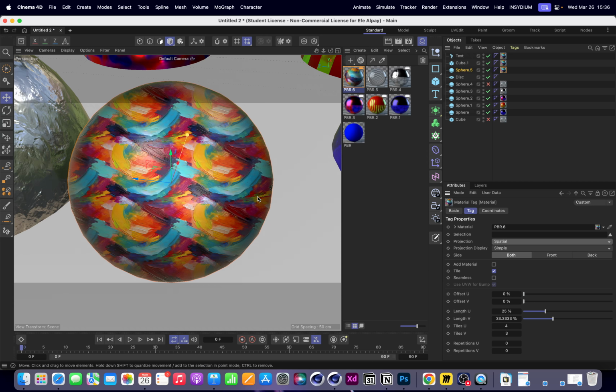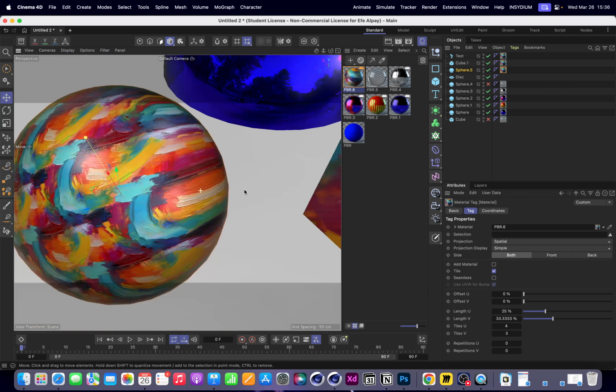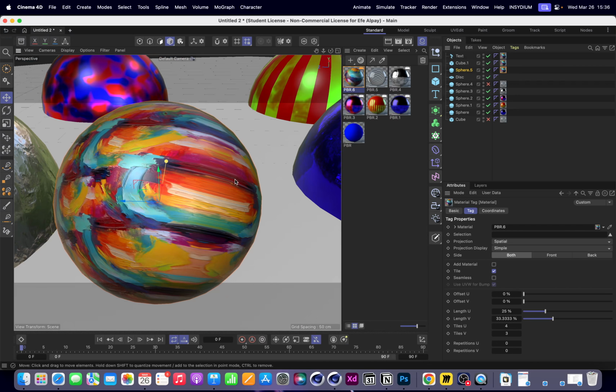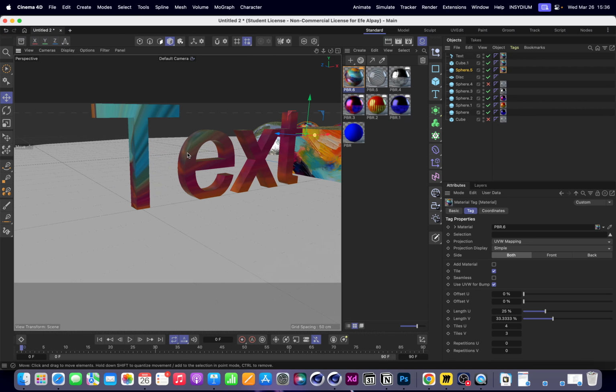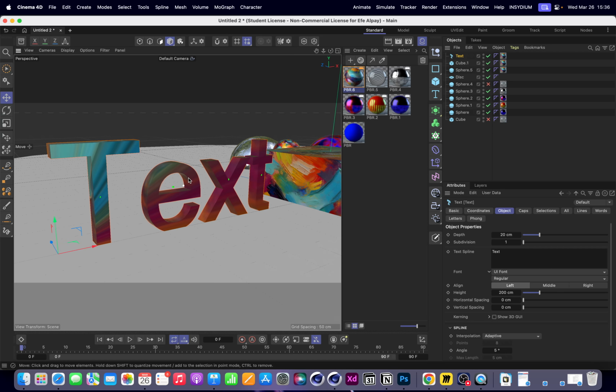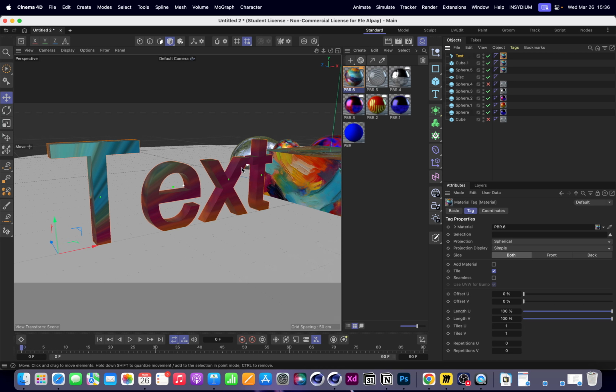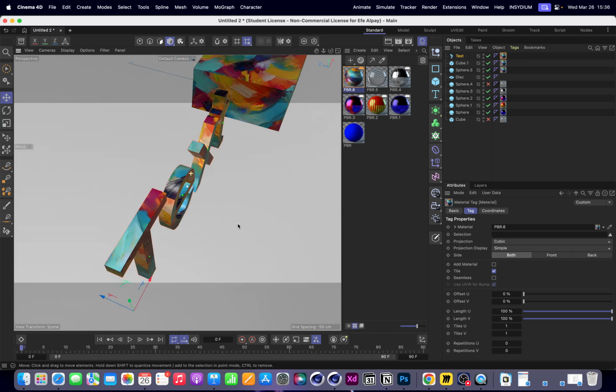If it's spatial, I'm not very sure how it does this projection. UV mapping is the default UV of that object. But if you don't create the UV of the object, for example, such as this, it won't function that beautifully. For this kind of objects, you can select cubic projection so that you see